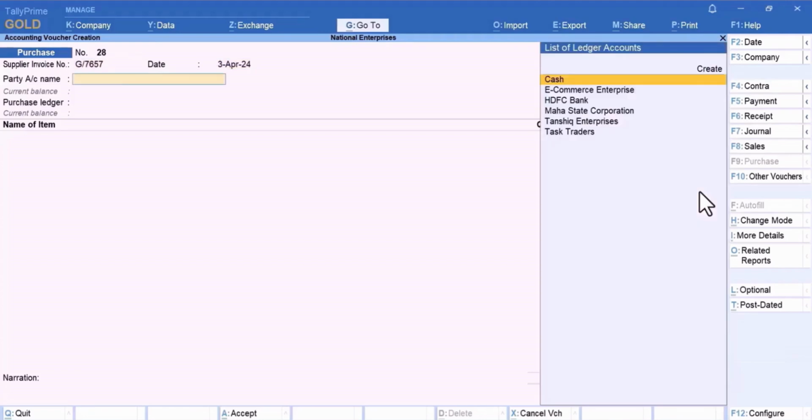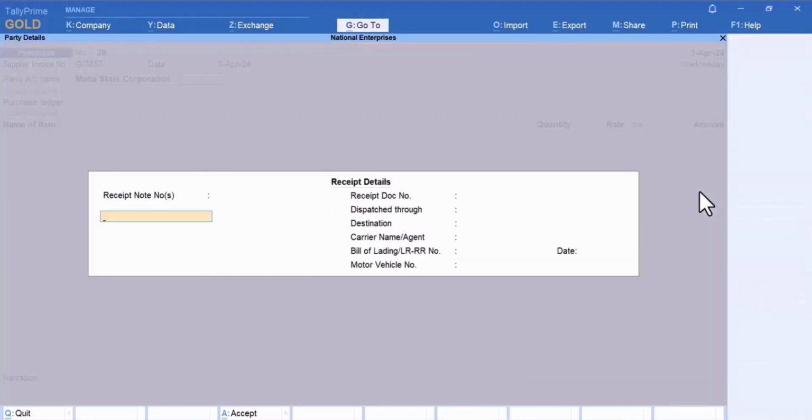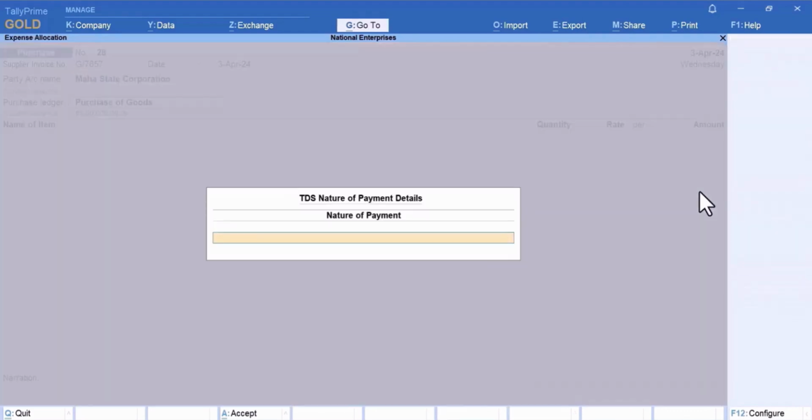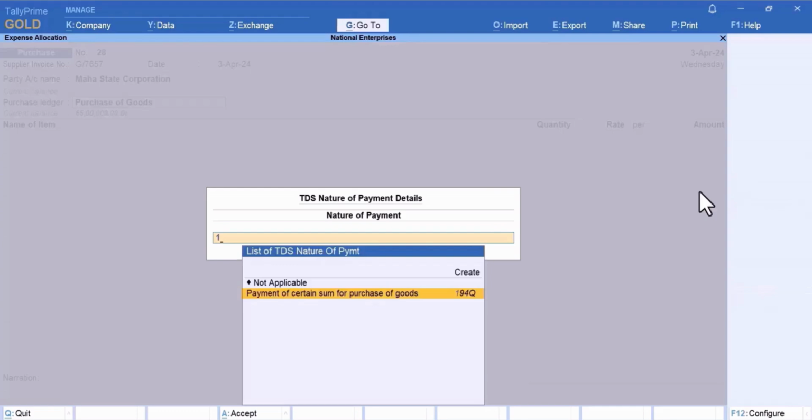Select the TDS party ledger configured with the deductee type as government and zero or lower deduction under the party account name. Under Purchase Ledger, select the Common Purchase Ledger configured with TDS applicability. Select the Nature of Payment configured for Section 194Q from the list of TDS Nature of Payment.